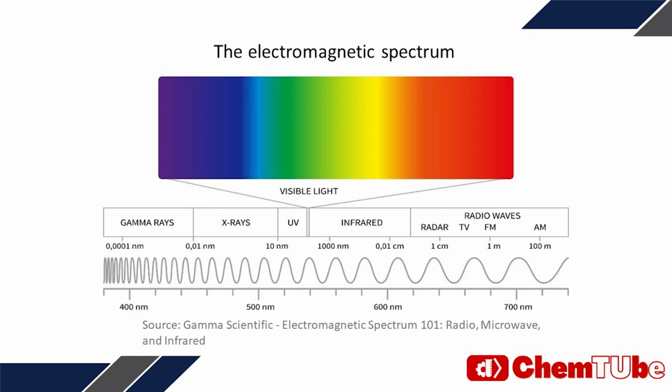First, let's talk about the electromagnetic spectrum. The UV-Vis spectrophotometer uses optics to analyze the sample. It begins with one or two light sources that emit UV, visible and near-infrared light. These wavelengths can be seen on this spectrum, and they range approximately from 100 nanometers to 1000 nanometers. As we know, the human eye is only capable of seeing around 380 to 700 nanometers, and this is what we call visible light. This technique allows us to easily measure samples that absorb light in this wavelength range.